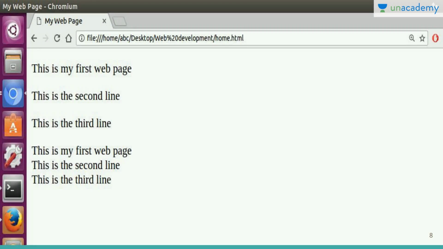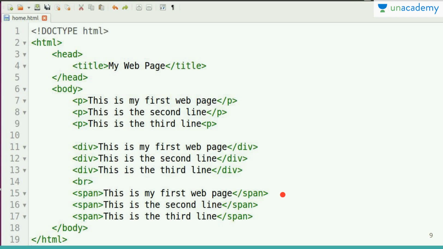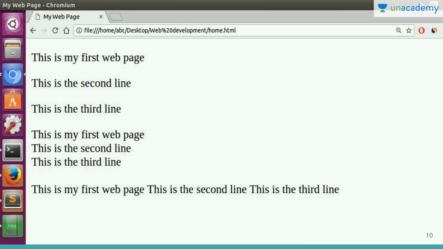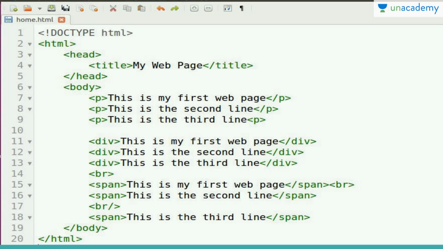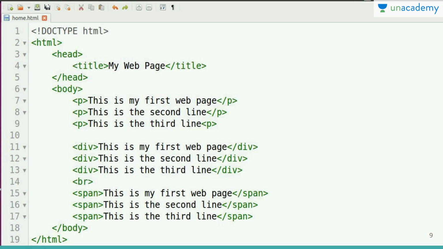Now modify your code a bit and include this span tag. Here also we are writing the things on different lines. Let's check the output. The first 3 lines are on different lines, but the span lines, though we have written them on different lines, are all appearing in a single line. Let's understand what is happening here.